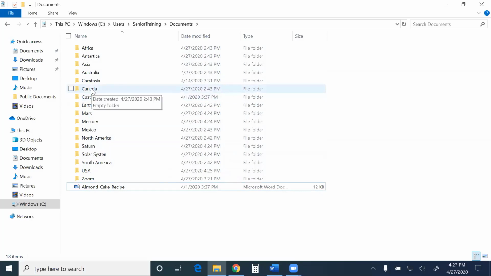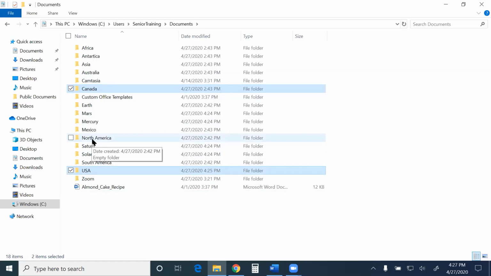I'm going to select my first location, Canada. Next thing I'm going to do is hold down the control key on my keyboard when I select the second location. So if I hold down control and I click on the name USA, now I have Canada and USA both selected.